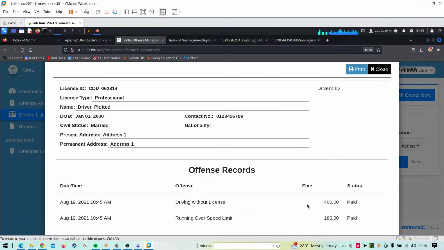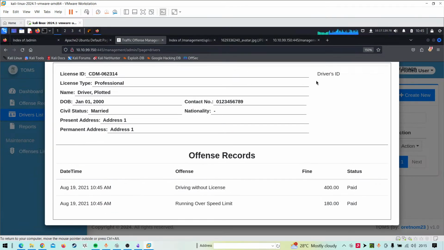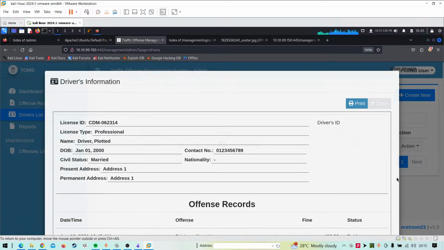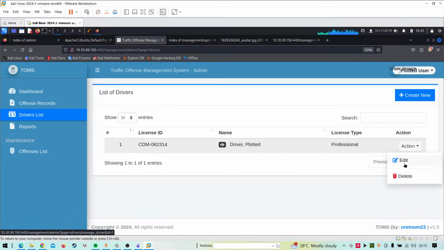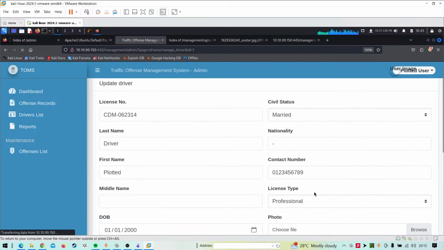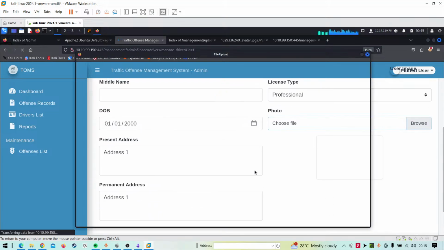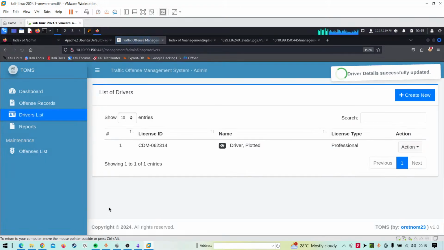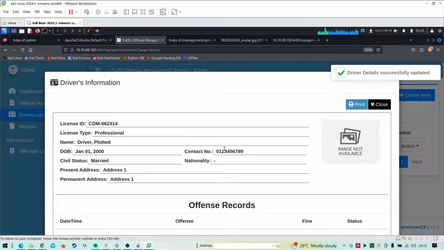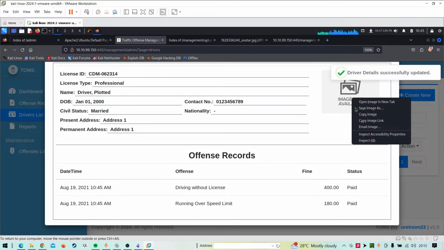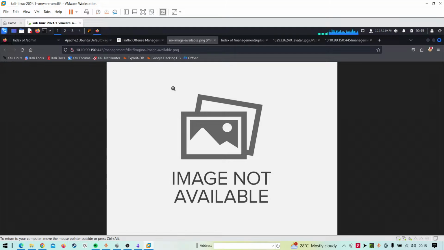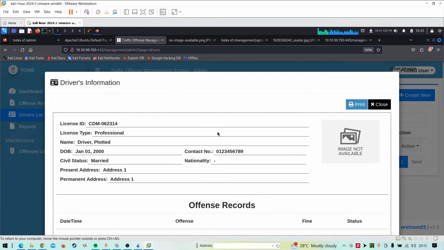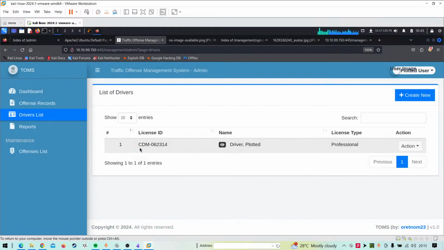No. Okay, just a second. If I try to edit it, just try again, right? That time I hadn't started Netcat. If I just open up new image, so that didn't work.